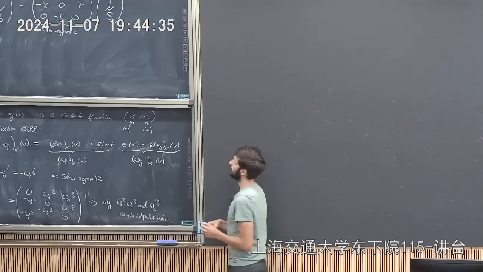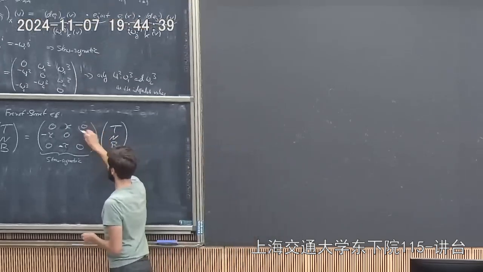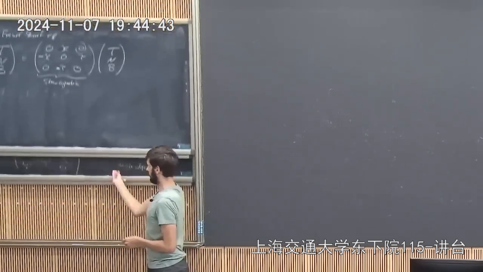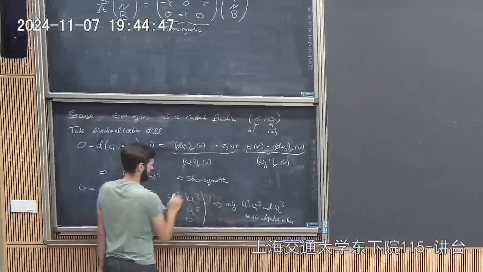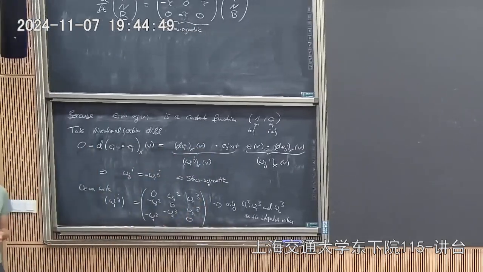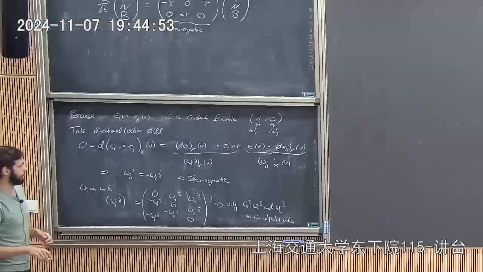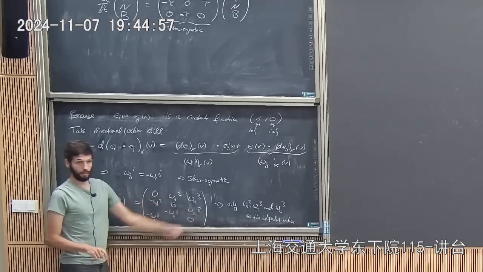One is very obvious, right? Here we always have a 0, while here that element might be non-zero. So that's the first thing that you notice. And the second one is that these ones